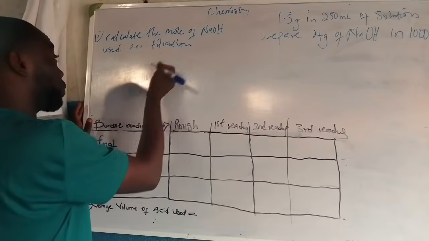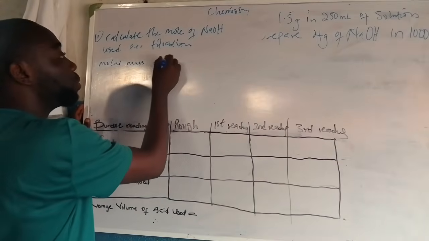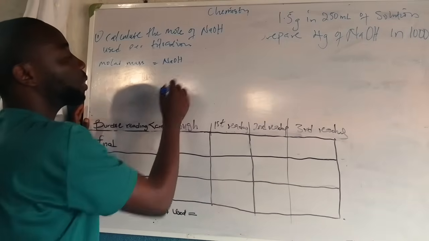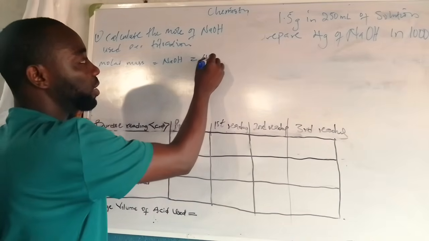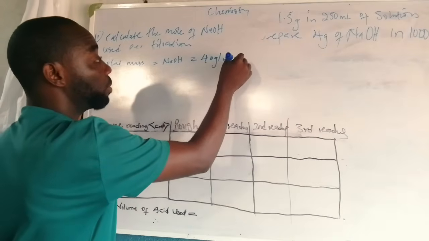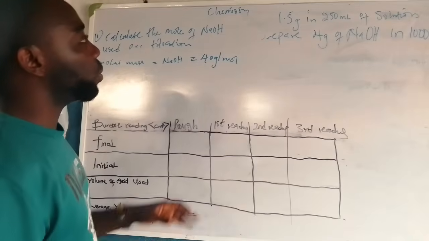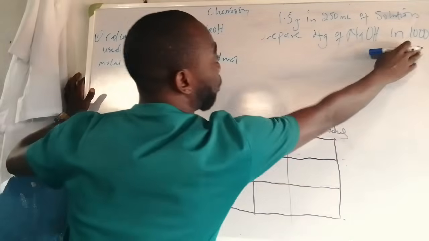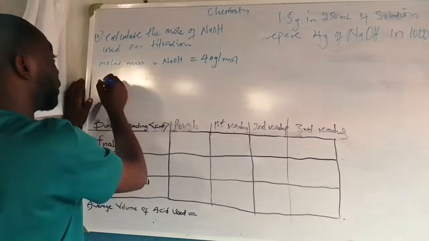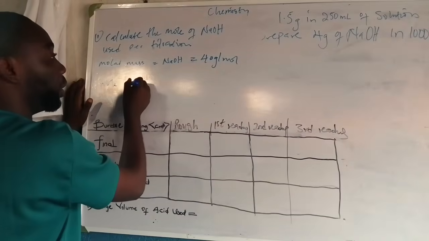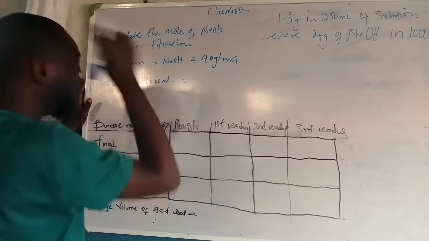Now, under the molar mass of sodium hydroxide, we already know that sodium hydroxide is 40 grams per mole. Okay, 40 grams. This is the molar mass of sodium hydroxide. Now let us calculate it in 1000 ml. So sodium hydroxide in 1000 ml, which is the mole in 1000 milliliter, which will now give us